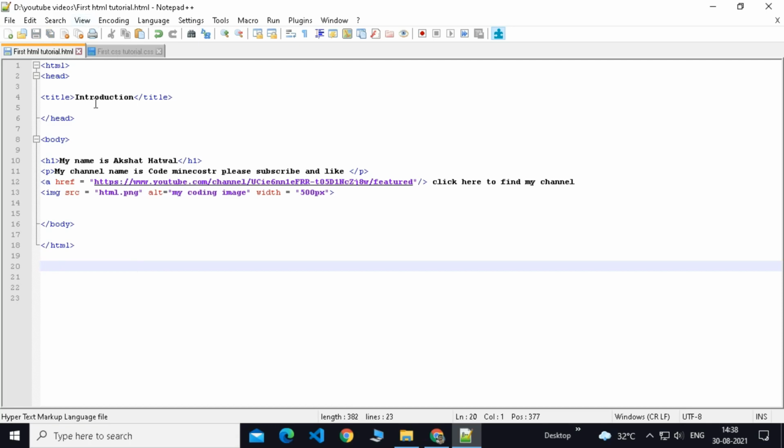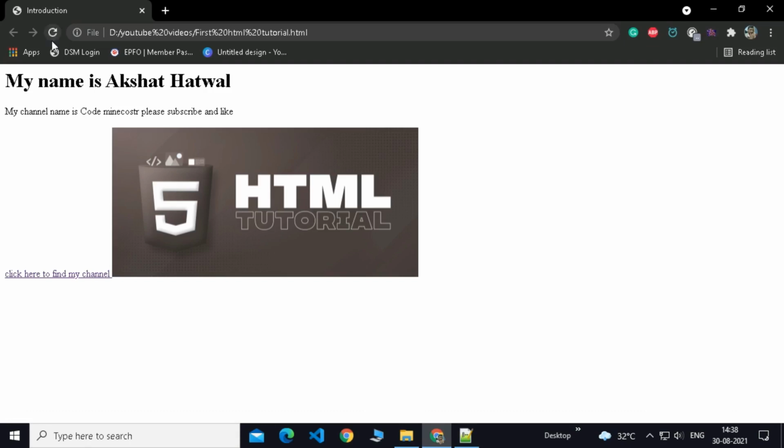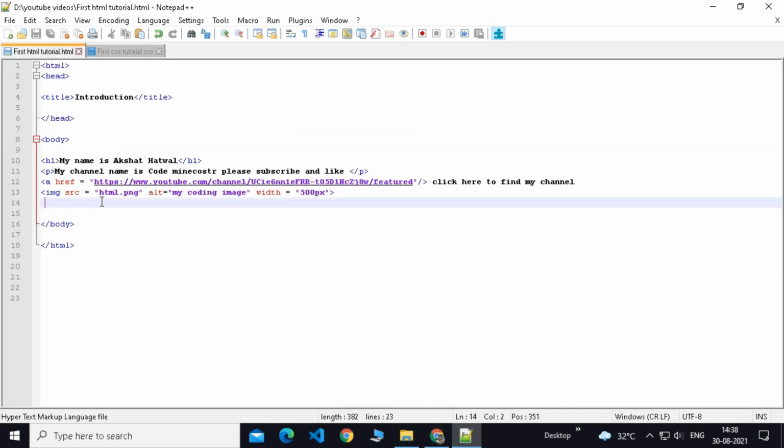So both my files are saved, but if we still go on our page and refresh it, the color is still white. Why? Because we have not linked our CSS file. We have written in it, but it does not link automatically. We have to link it.